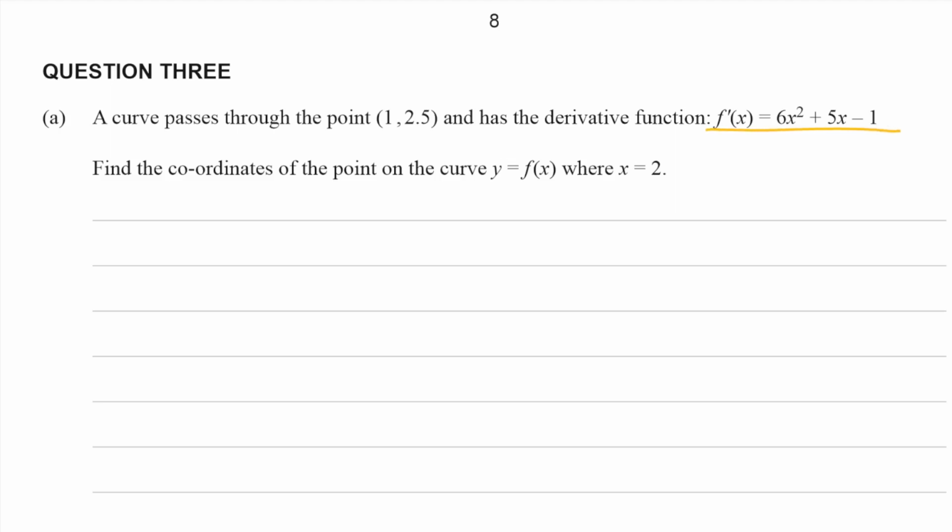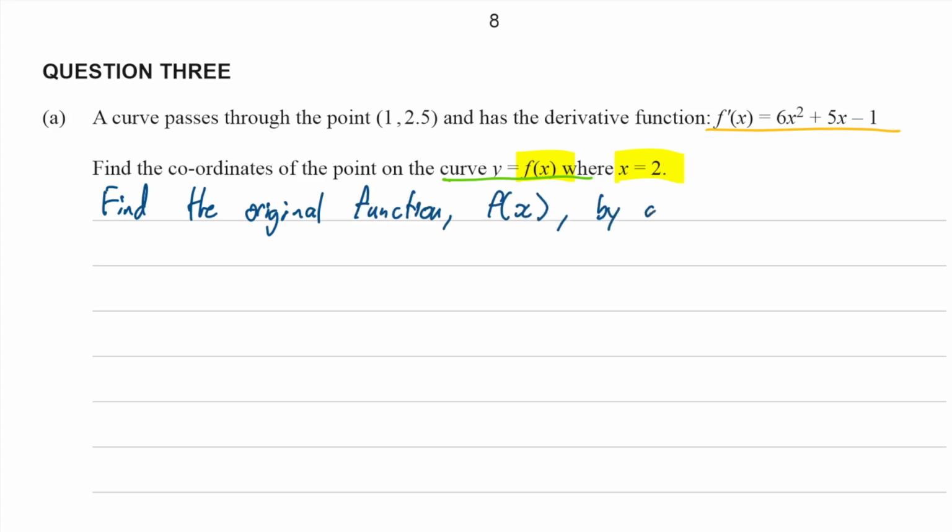f prime of x, and it's asking us to find a particular point on the original function at x equals 2. So it's asking us for the coordinates of a point on the original function. However, we aren't given the original function, right, the curve. We are given the gradient function. So our first step is to find the original function, which is f of x,